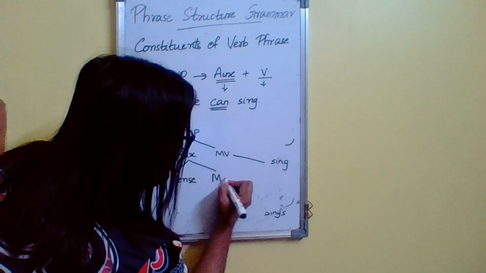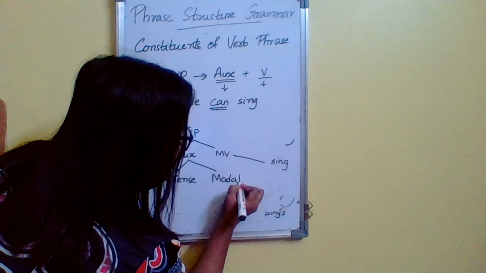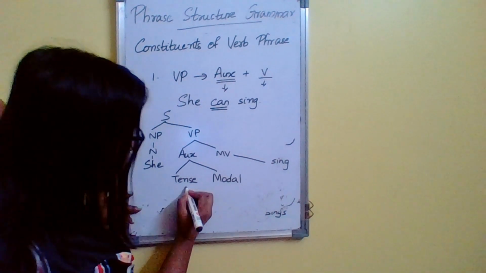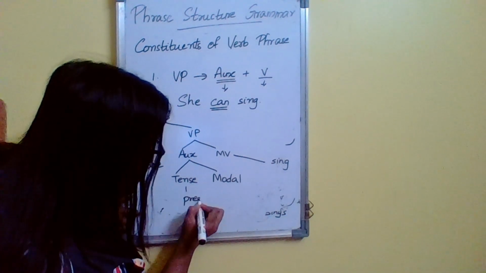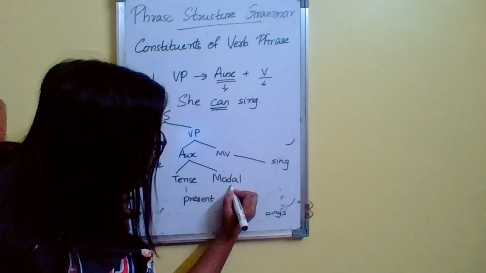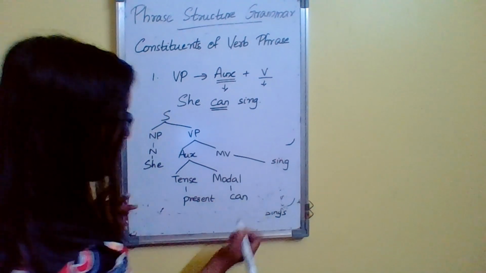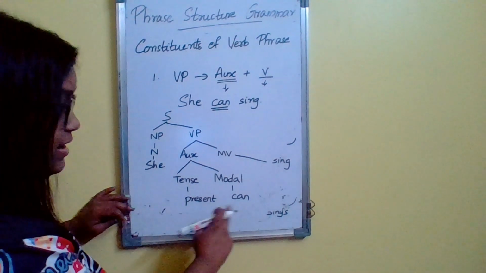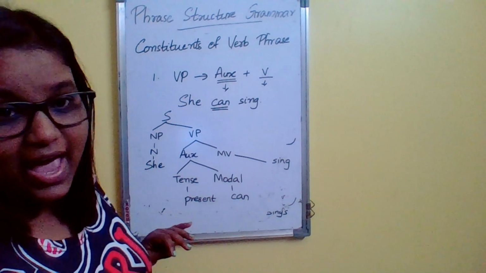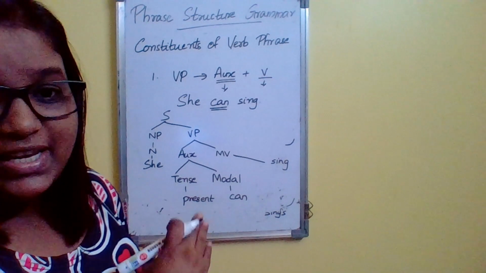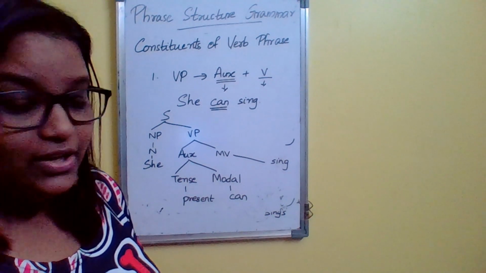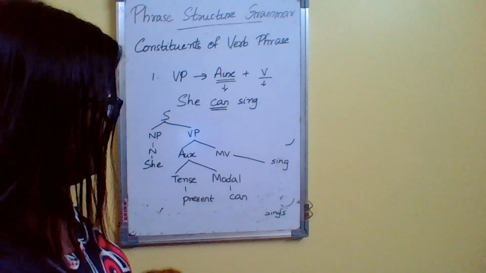It's an auxiliary verb or modal. Okay. So tense is present and modal is can. Okay. She, present of can is can, and sing. She can sing. So according to this example,